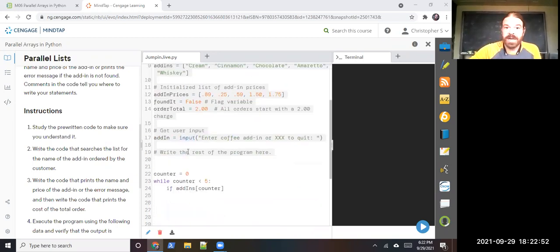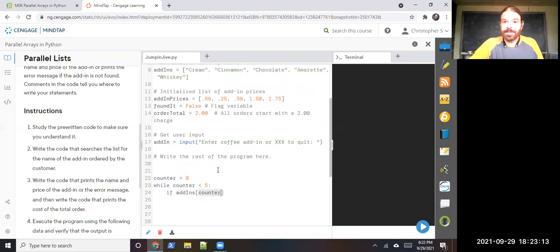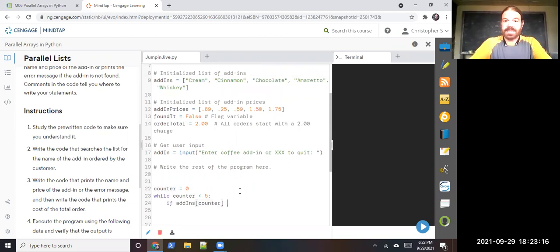So I'll use a while loop this time. We have different words. Index is how we normally refer to arrays, but as this was coming together, the word counter popped in my mind first. So that's kind of what it is. We're going to count through each index of the array. We'll start at 0. So if element 0, which is cream, is equal to, so that's where we need the 2 equal signs, whatever the user gave us, add in,